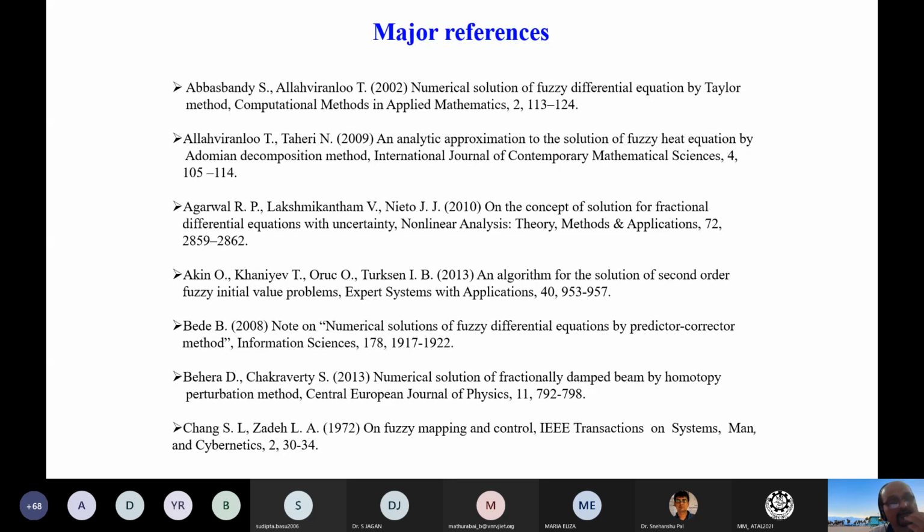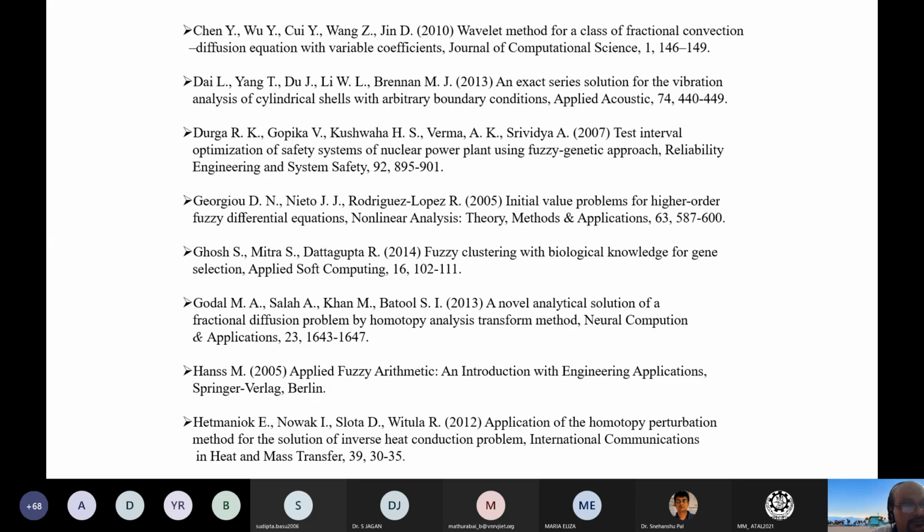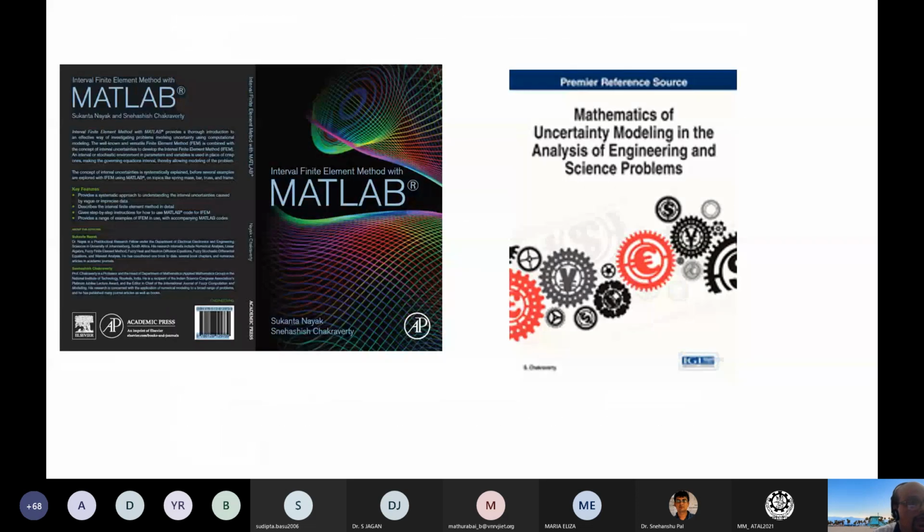So there are many in terms of interval and fuzzy. We can see my papers also from Google. You can go through and see those finite element and all. I already discussed that we have published a book on interval finite element method. So there, if you have interval, you can extend this to fuzzy using another beta. Okay. So in this book, programming modules are also given, how to handle those.